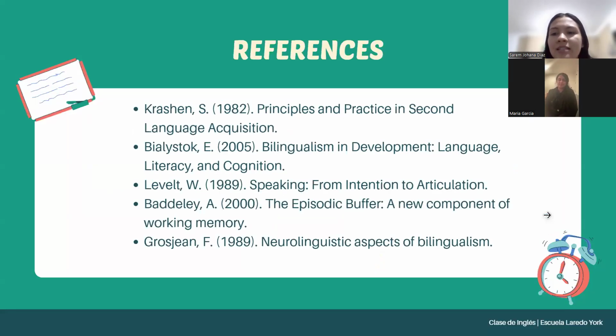So the final slide is the references. So here you see the main sources, authors and theories used to support this project. So, Grosjean, Bialystok, Levelt,